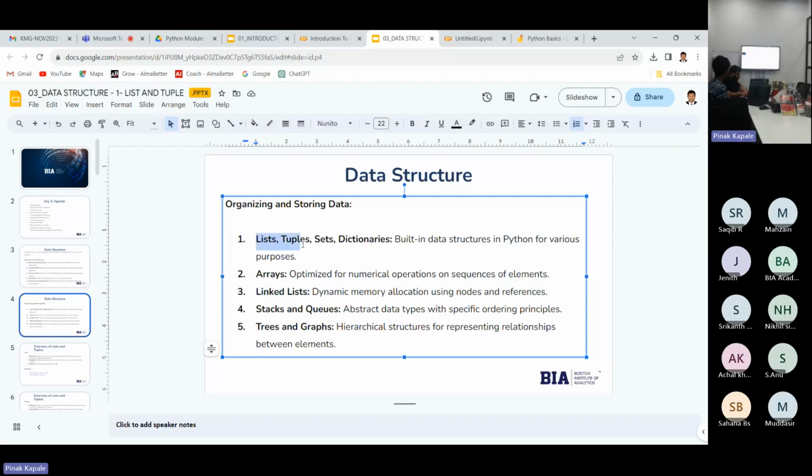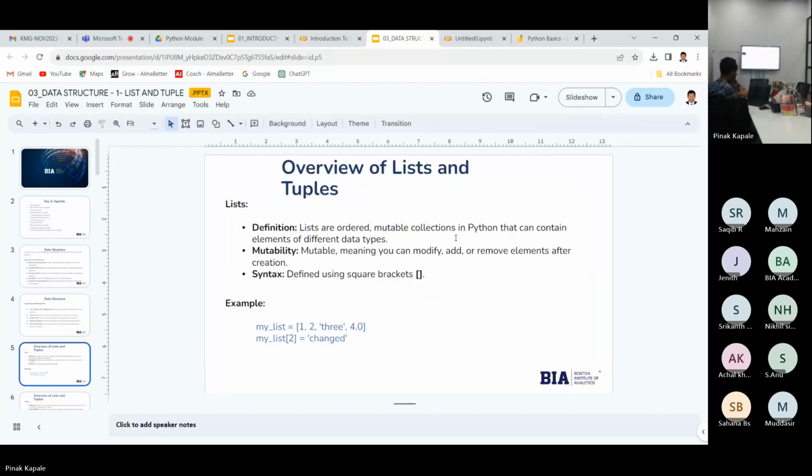So in today's session and the subsequent session, we are going to cover these four topics: list, tuples, sets, and dictionary. Okay. Overview of list and tuple. Now see,